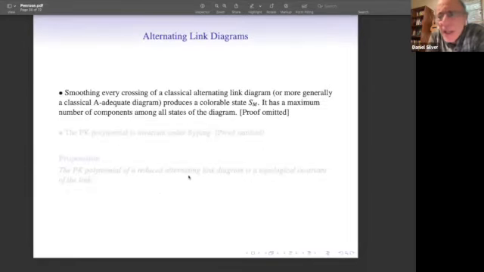let me say something here about alternating link diagrams, because your first thought might be, well, these diagrams are nice, but this is not a topological invariant, right? Yes and no. Let me explain a little bit. If you smooth every crossing of a classical, that means no virtual crossings, alternating link diagram, or more generally, if you know what this is, a classical adequate diagram, then this produces a colorable state in an alternating case. And it has the maximum number of components among all states of the diagram. I won't go into the proof of this, but let me say that at least the way that we saw it is by